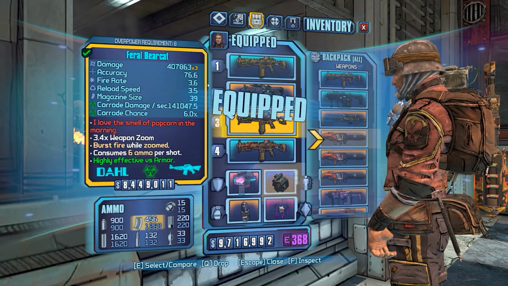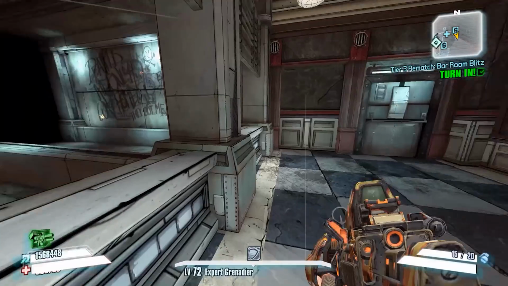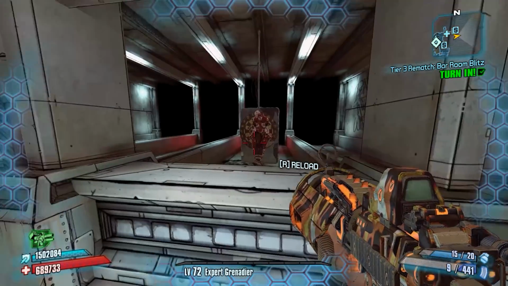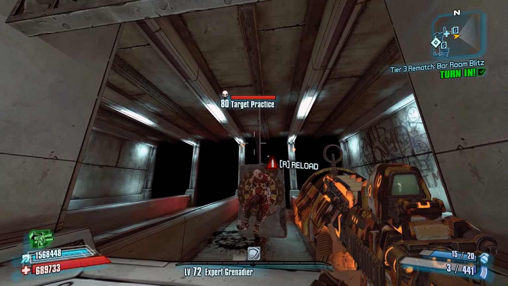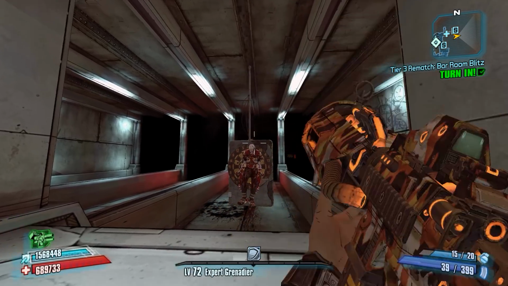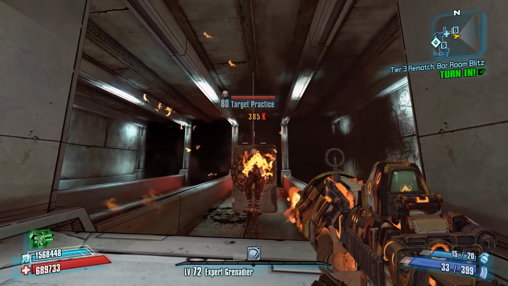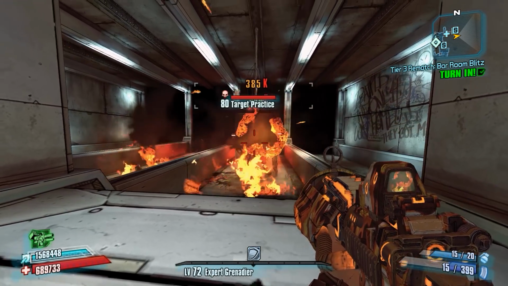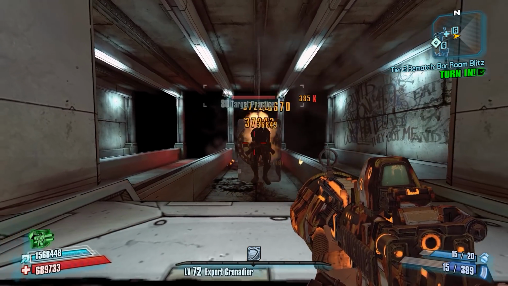So this should give us significantly more grenade damage. I think everyone can agree that those look like grenades. Let's see if we still get 385. Still getting 385. So this weapon does not receive grenade damage buffs, which is very, very unfortunate, very, very counterintuitive,